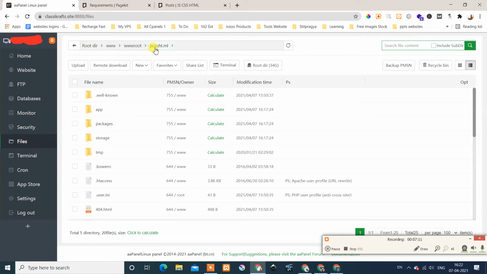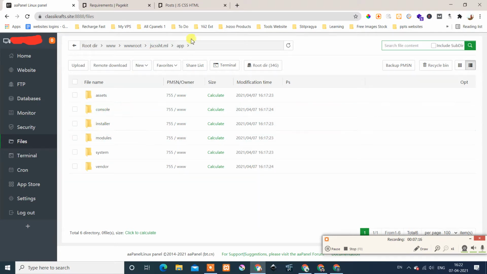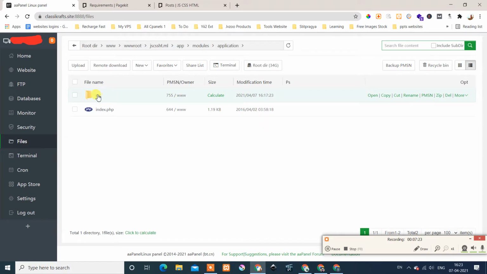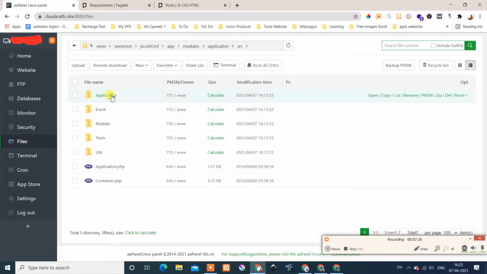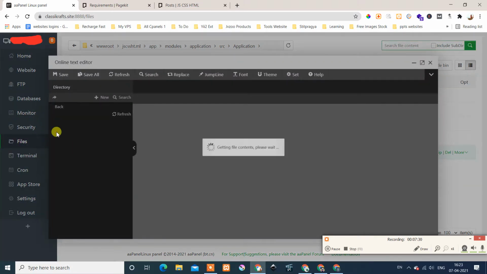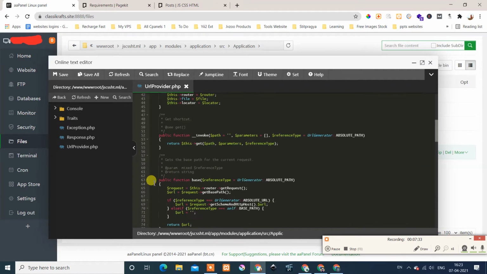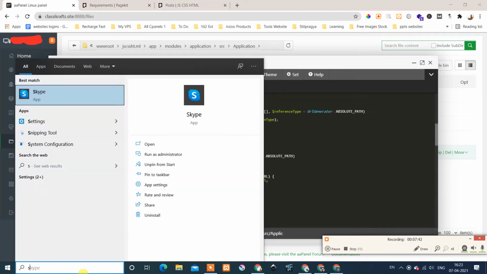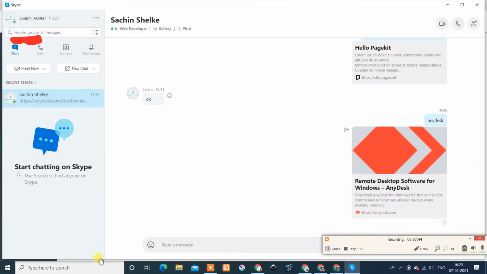you have to go to the root directory, then go to app, then go to modules, then application, then src, then again to application. You will see the URL provider, and you have to edit that file. Here you have to add a small function. I already copied it somewhere in my chatting section, the Skype. I have that. So